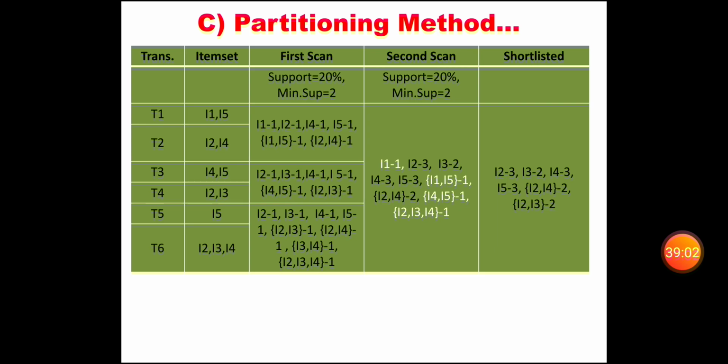Here the values, see here it is identified in white color. So I1 equal to 1, I1 I5 equal to 1, I4 I5 equal to 1, I2 I3 I4 equal to 1. These all have a count that is less than the minimum support.